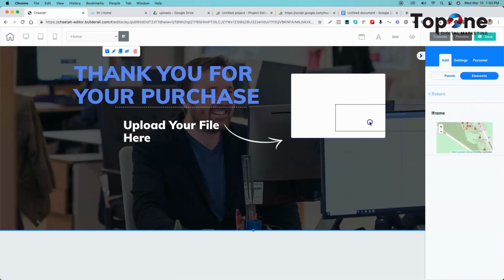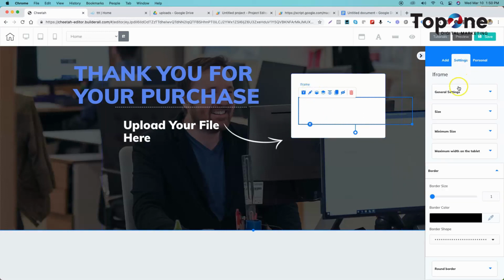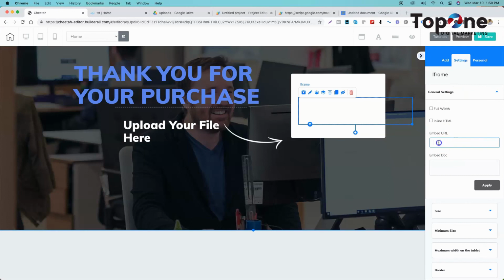I'll drop this right in here. And then in this area right here, I have an embed URL. Whatever application, whatever system you use, you should be able to embed an iframe script or whatever it may be. So we're going to paste that URL in there. Click apply,